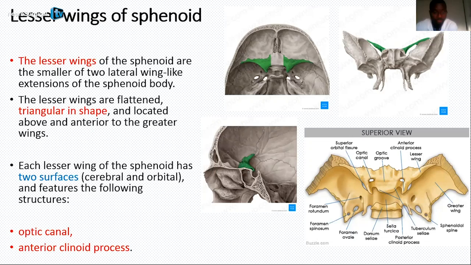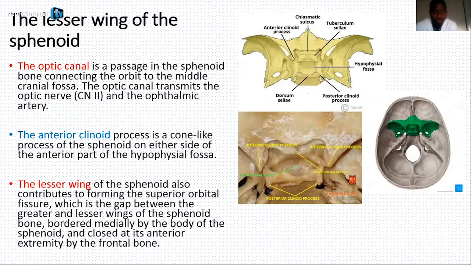The optic canal is a passage in the sphenoid bone connecting the orbit to the middle cranial fossa. The optic canal transmits the optic nerves and the ophthalmic artery. The anterior clinoid process is a cone-like process of the sphenoid on either side of the anterior parts of the hypophyseal fossa. The lesser wings of the sphenoid also contribute to forming, like I show